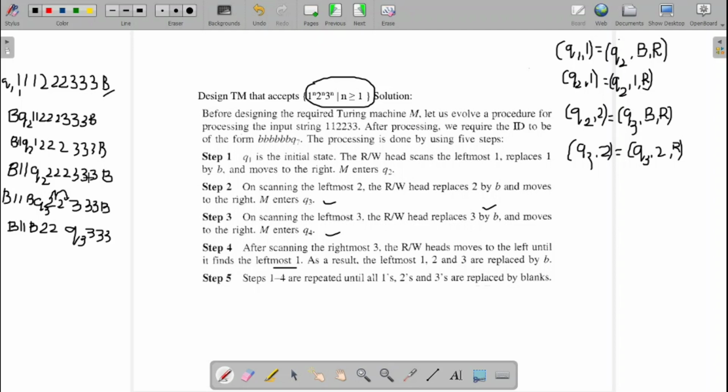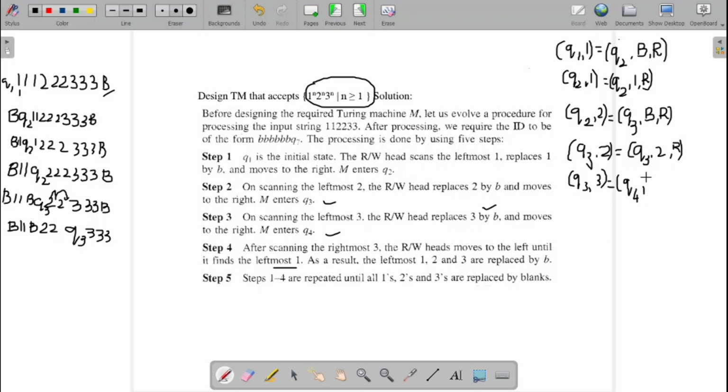So now I have Q3 on 3. Q3 on 3, what will I do? Q3 I will replace with Q4, meaning that I have seen the 3.